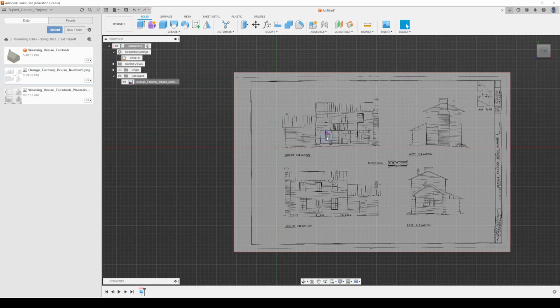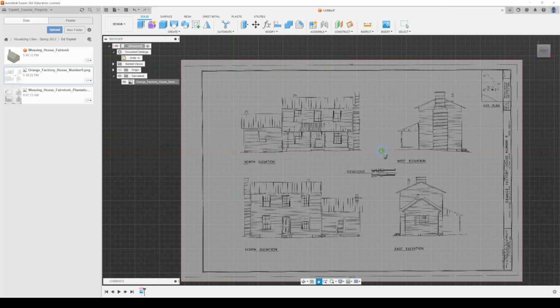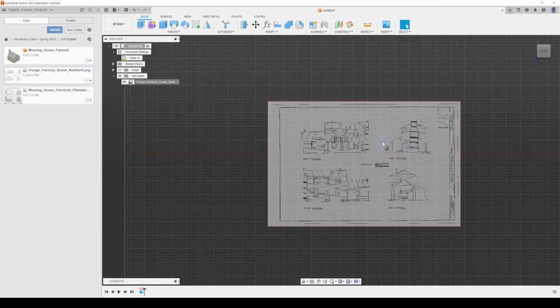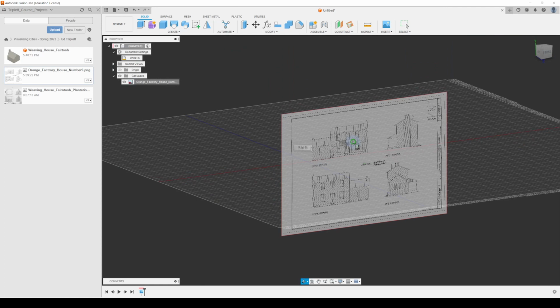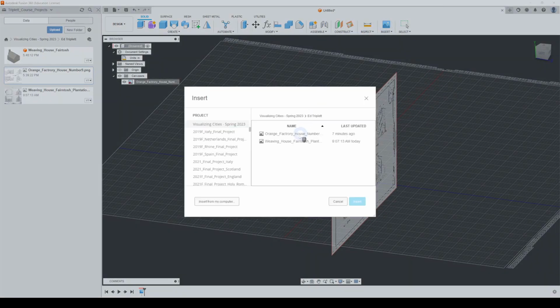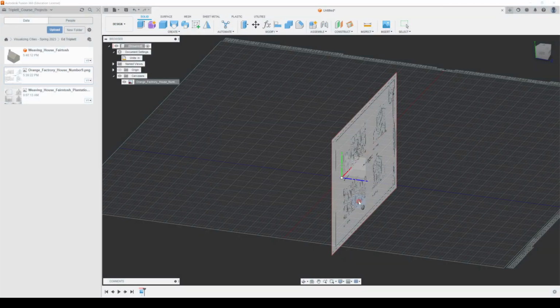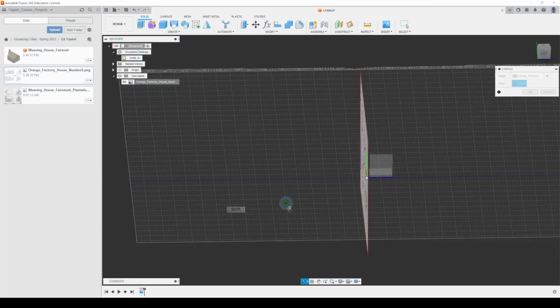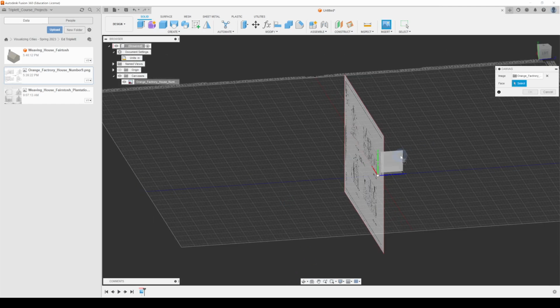The next thing I think I want to do is get the image from, it looks like, yeah, this east elevation would be useful to get this side as well. I think that's a good idea. So I'm going to set that up. I'm going to hold down Shift and change my view a little bit. And I'm just going to create a new canvas. And this time I'm just going to use a different part of that same image. And I'm going to choose, as I turn around, you can kind of see what I'm doing here. I'm going to choose this